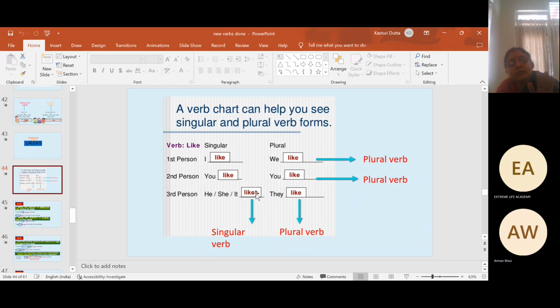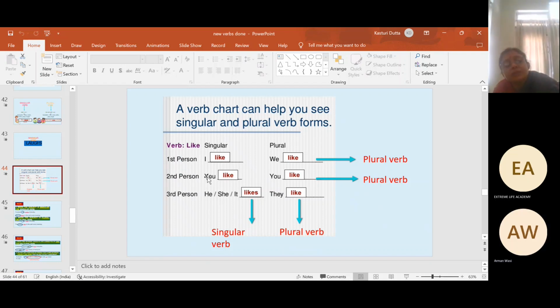So what does it mean? It means that if the subject is singular, the subject is the matter of concern here. With that particular subject, you are adding one verb. Like with I, a singular subject, we add a verb and say I like. You is a subject, you add a verb and say you like. In case of he, the subject is singular, but you add the verb and make it likes. Why? Because with third person, we cannot keep it like that. We have to add an s or es.